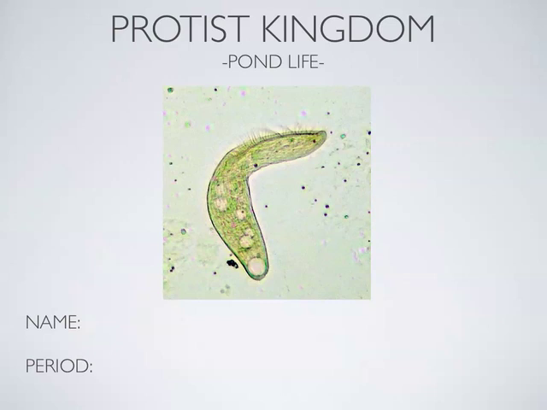The way it's set up on your objective sheet is probably a much more accurate way of classifying these things, so that everything in the green algae group is pretty similar to each other. But right now, they're all in one kingdom, all sort of smushed together. So that's just what that means. It's a lot more complex than just saying 5 or 6 kingdoms, but that's probably more accurate. But still, protist is used, even though it's not a great kingdom. So when we talk about this, we're going to say generally protists are unicellular, but I don't want to tell you the wrong thing. There's actually multicellular protists, but for our purposes, we're just going to focus on unicellular.